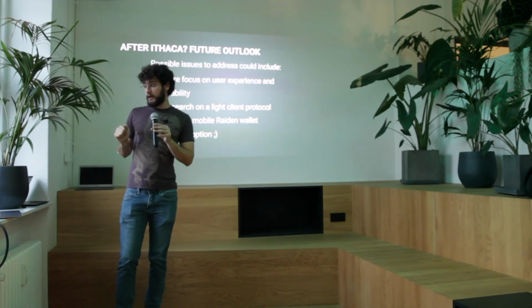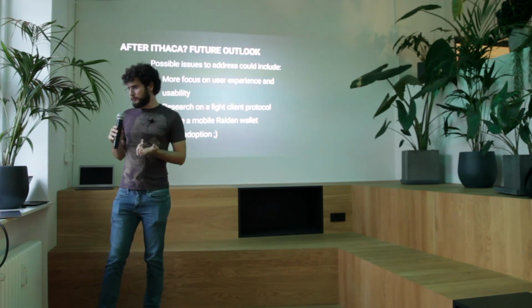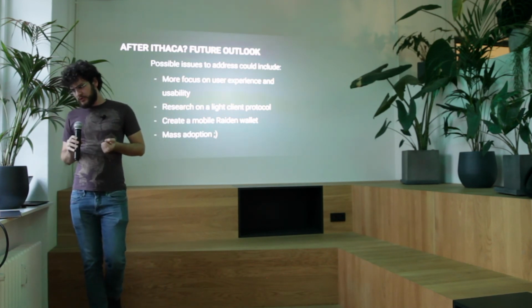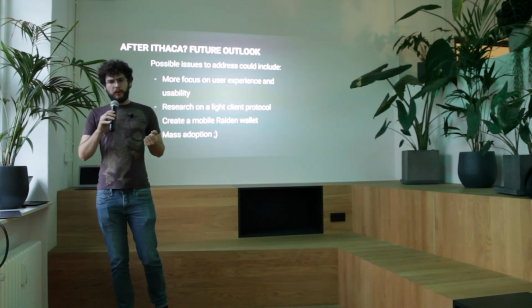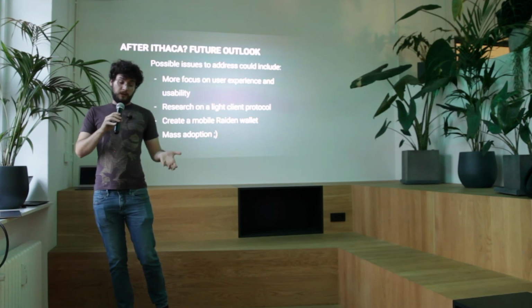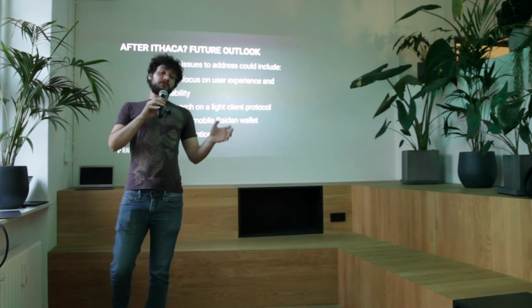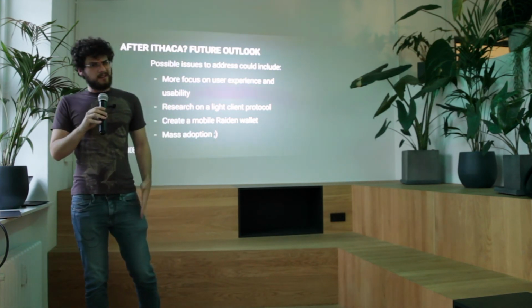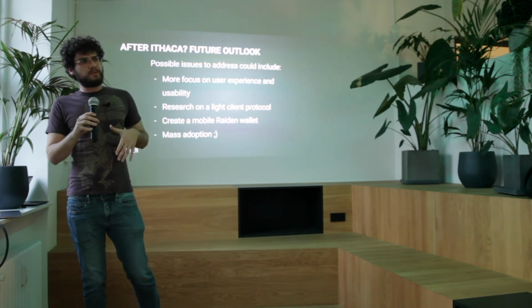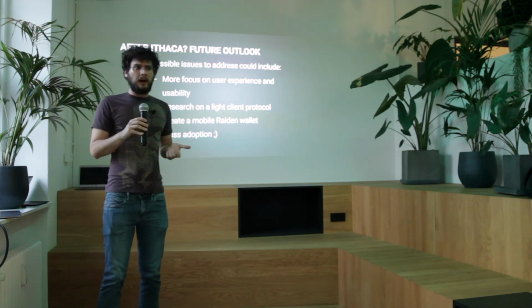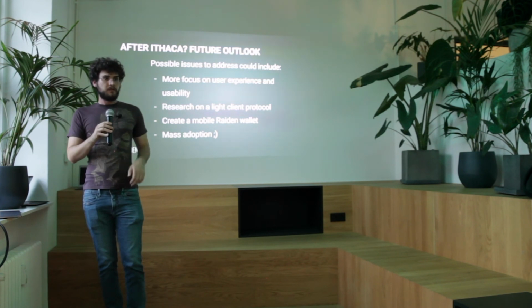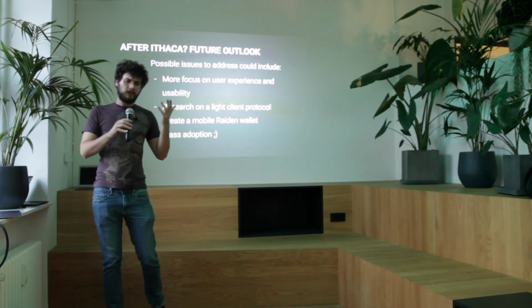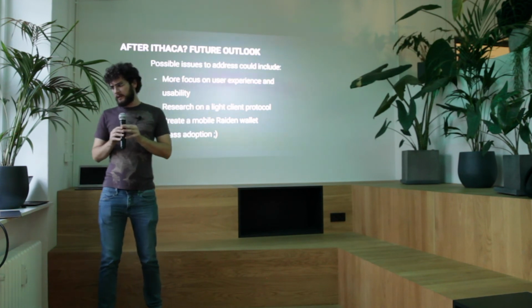Okay, so after Ithaca, what do we want to do? We want to implement a light client. Right now, we have a Raiden client implemented in Python, and we assume that people are just going to run it on their computer, right? But that doesn't allow people to use the client on a mobile phone. That's pretty much because we assume that all nodes in the network do mediation. That doesn't work with mobile phones because they can go online and offline at any moment. So we have availability problems in that sense.